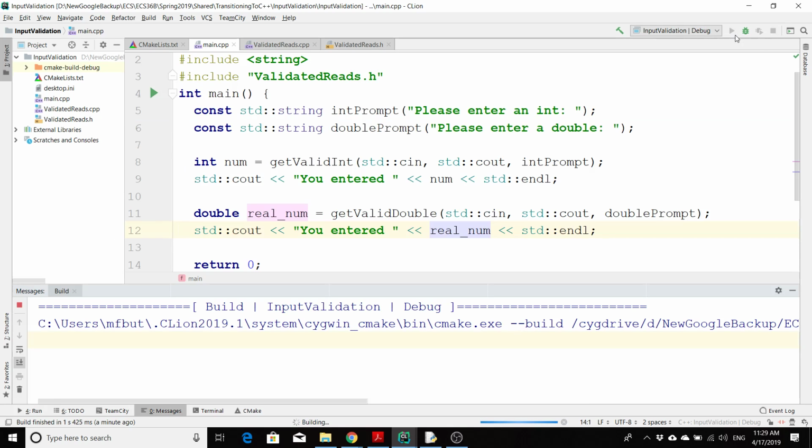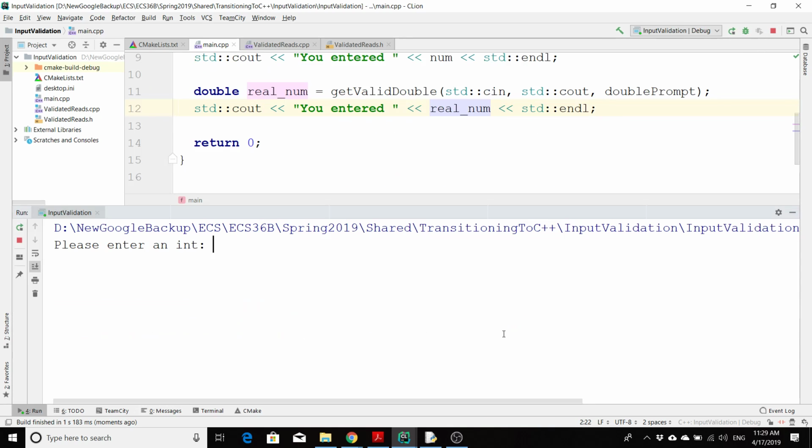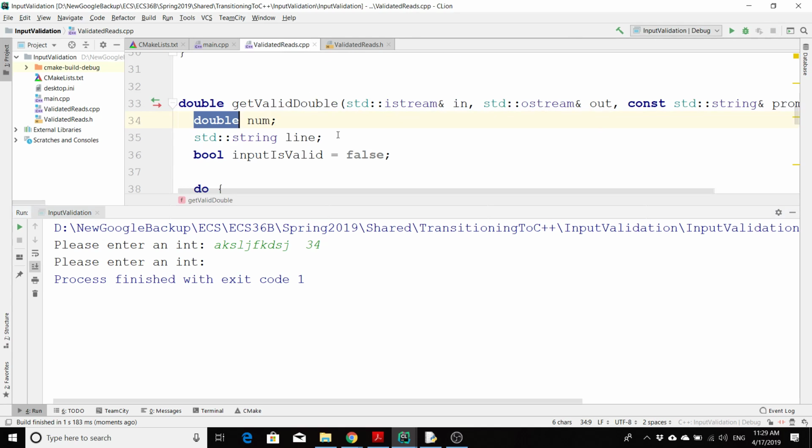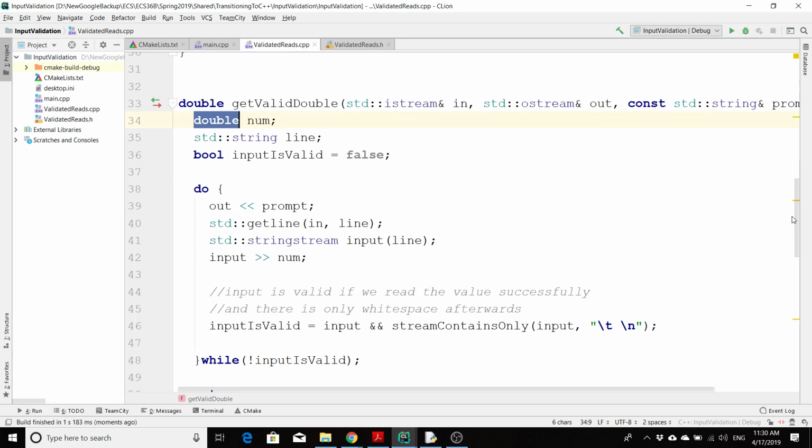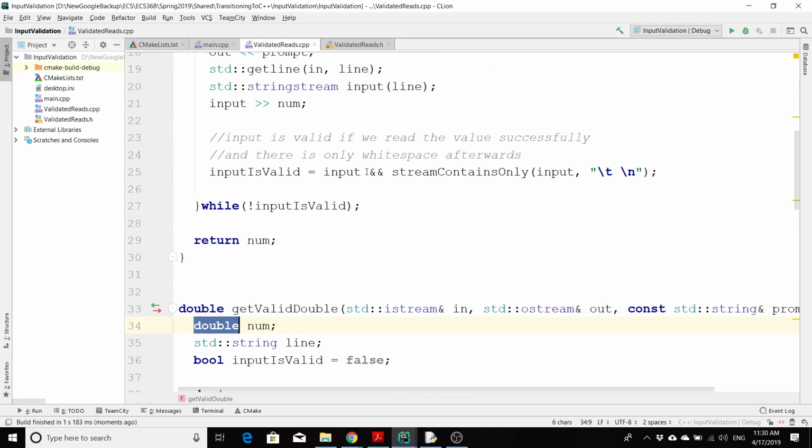For right now, I've said that if the user enters something like this, that's not good. You just have to give me a single number on this line. That's the only thing I'm willing to accept. Now, we talked about this piece of code right here, this AND condition, is what allows us to make sure that there's nothing else that comes afterwards. So if I do this and put a semicolon here,